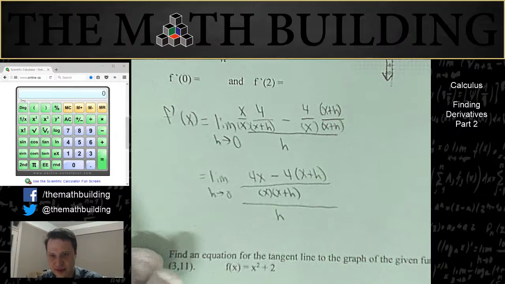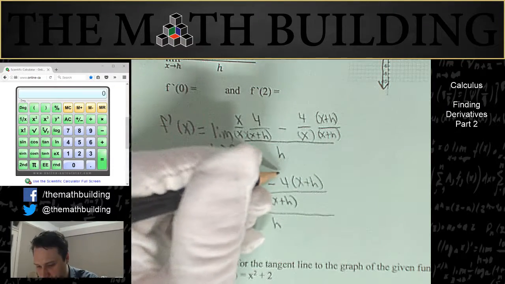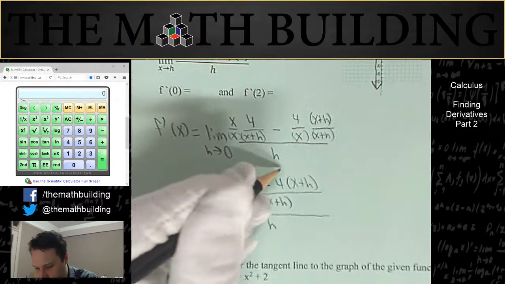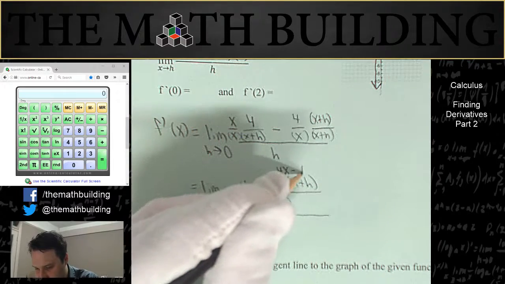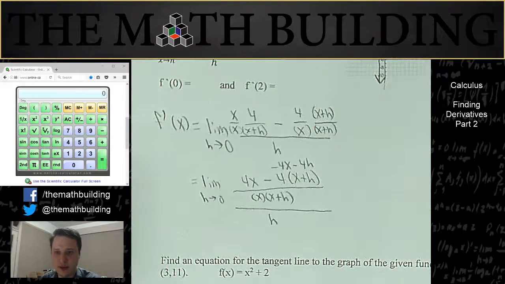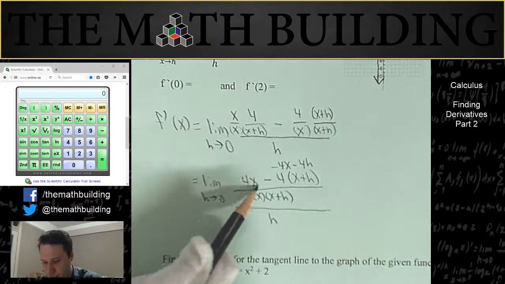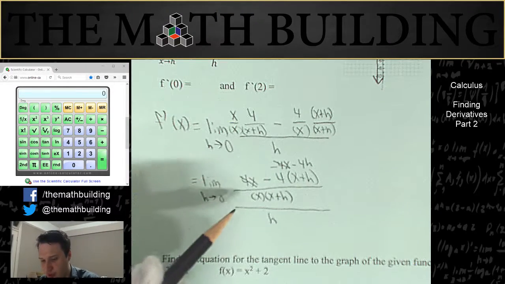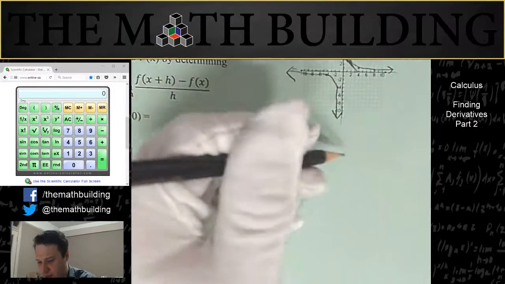Let's finish this example. So this is going to be up here if we do the distributive property, minus 4x minus 4h. Do you agree with me on that? So 4x cancels with negative 4x. And so if I rewrite this,